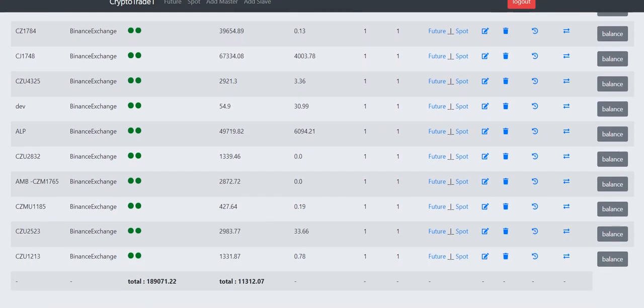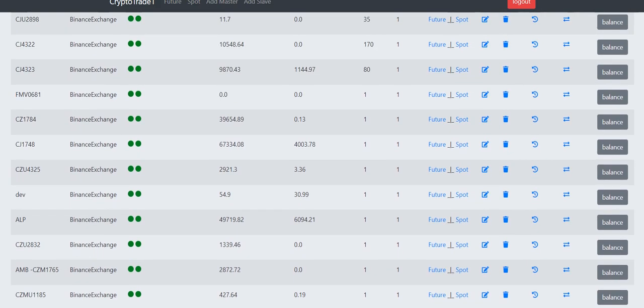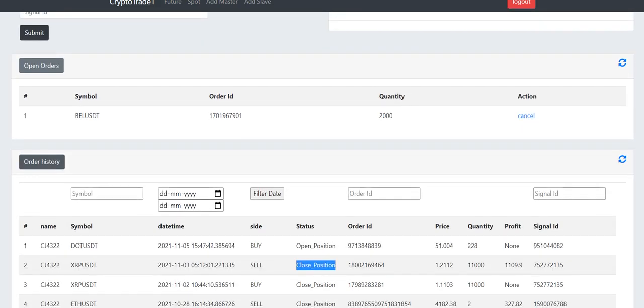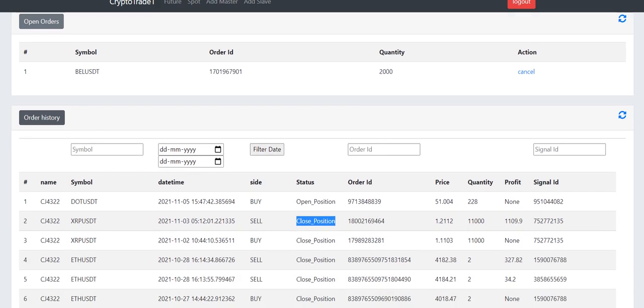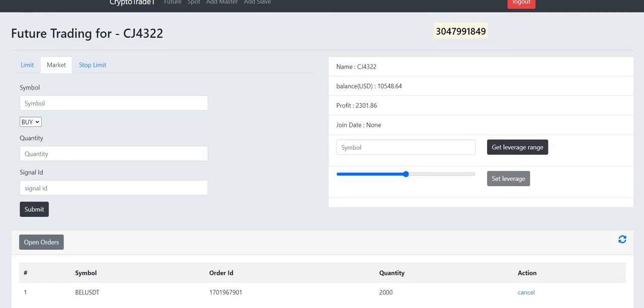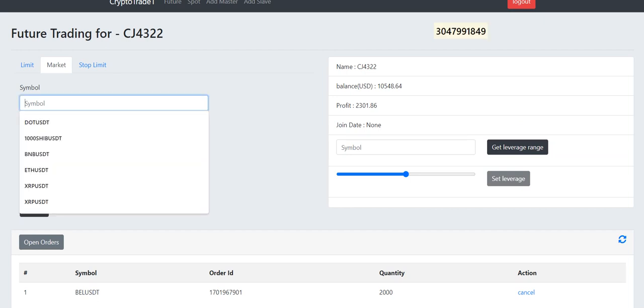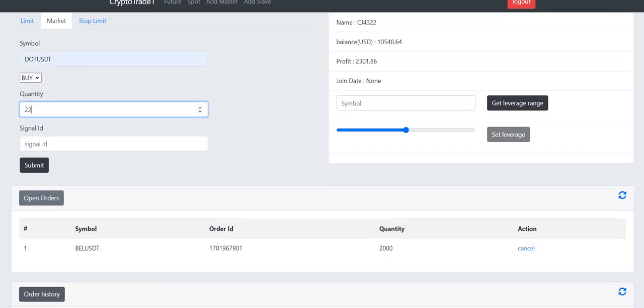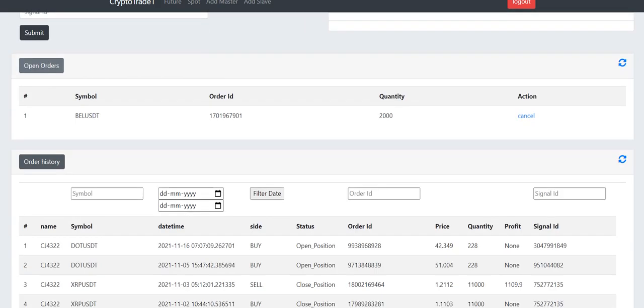So we are going to see how we trade into the .USDT with the new position, where you can check that there are a number of accounts. This is one of the accounts, CJ4322, where you can see all the trades we have taken as per the price and the quantity, and depending on the balance we trade into the client's account. All the details about the client and his unique ID, which we have mentioned in the form of CRN, which is CJ4322, and what trades we have taken.